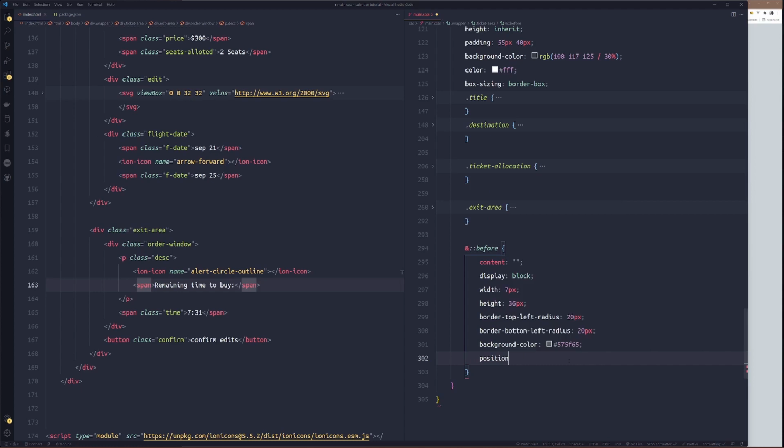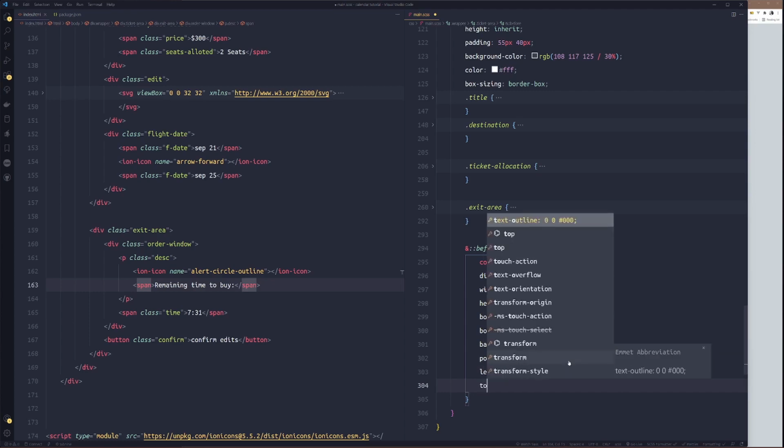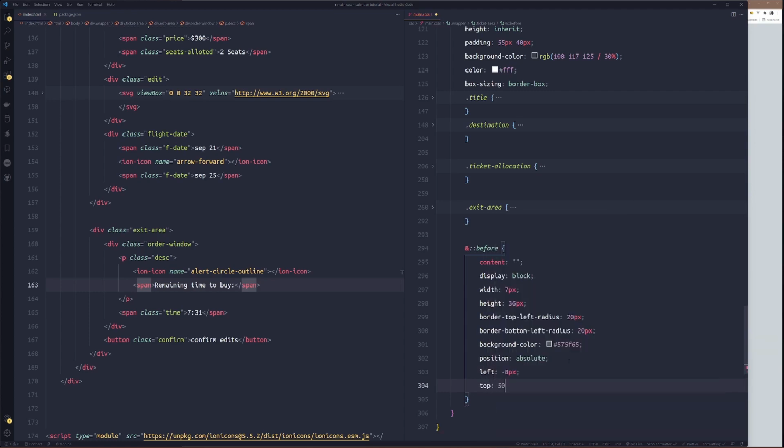Position could be absolute, while we'll set the left to like, they come outside now, -8 pixel. We need to centralize the top with 50%.